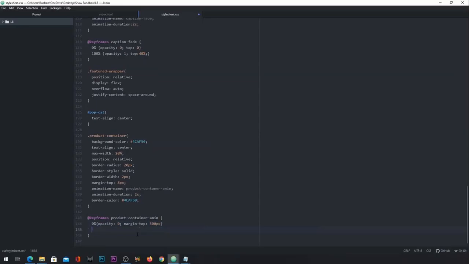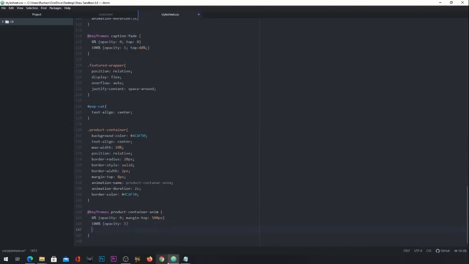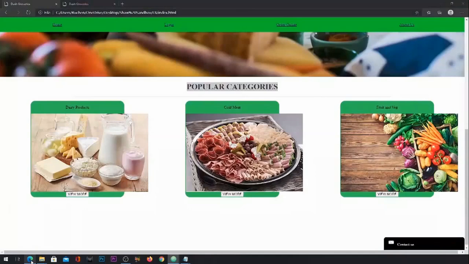So at 100%, I want the opacity to be set to 1, and the margin top to be set to 8 pixels. Okay, let's see, that works out nicely. So let's reload,